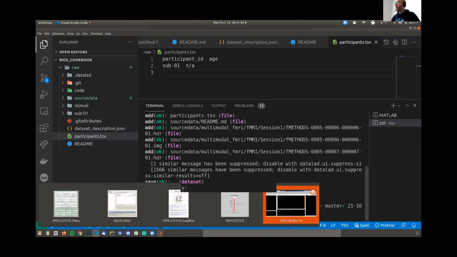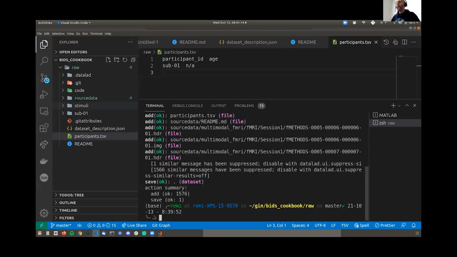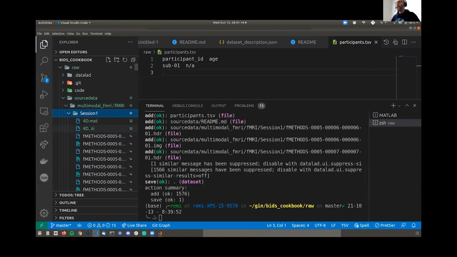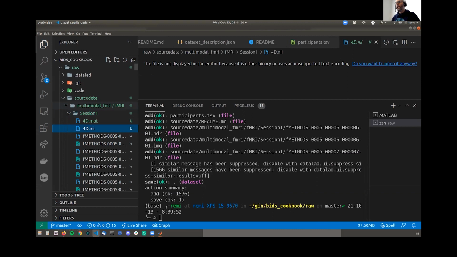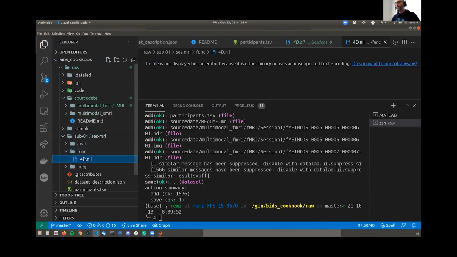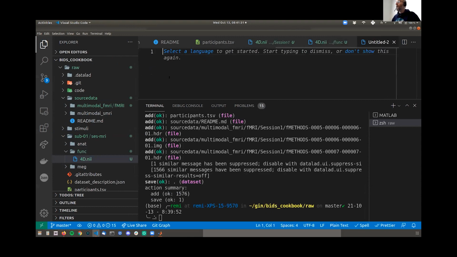Hopefully it shouldn't take too long. There, done. Then you grab that file and put it into your func folder, and you need to give it a name. So it's going to be sub-01, session MRI.